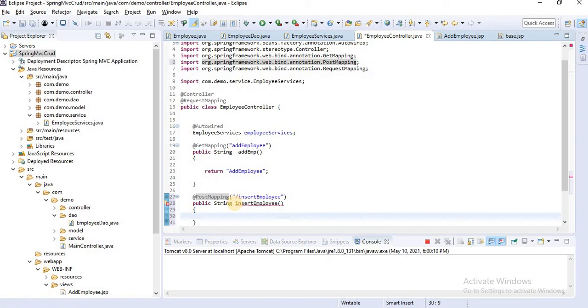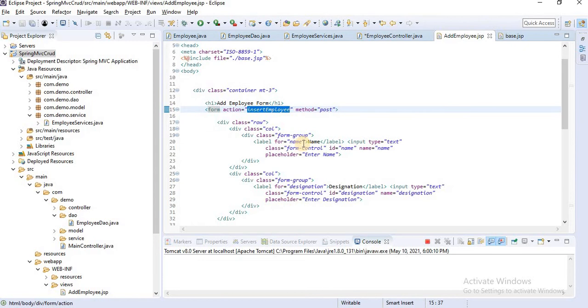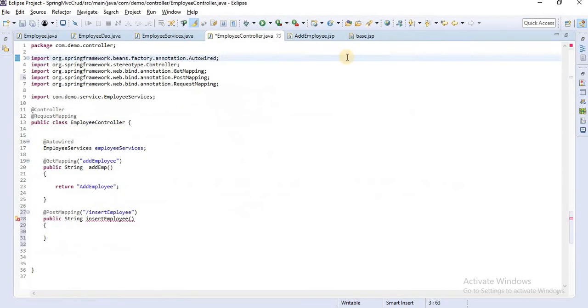Now this thing requires something. When we trigger insert employee, it should give all the data, because we inserted data here, and when we click the insert employee form submit button, all the data should be saved. That means we have to get all the data from here.